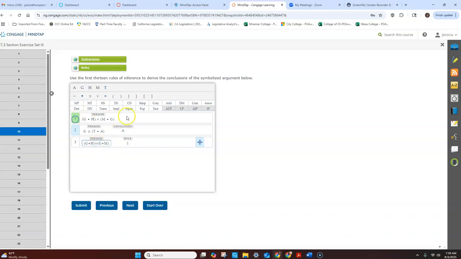But so that was 1 commutativity. We just commuted the second part of this first premise. Let's see if it took it. Good. All right, now look at your distribution rule. So what this premise says at this point is either you have G and H or you've got G and M. What can you replace that with that's logically equivalent? Well, it would go G,